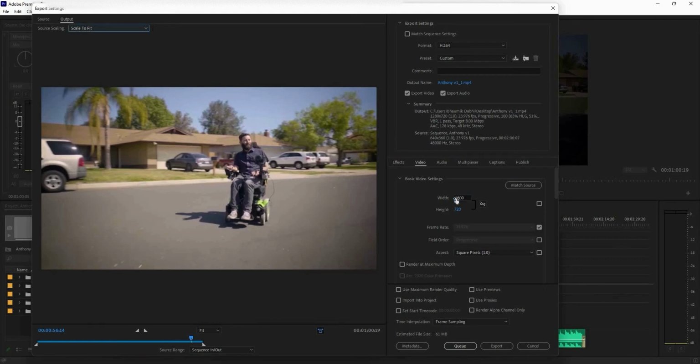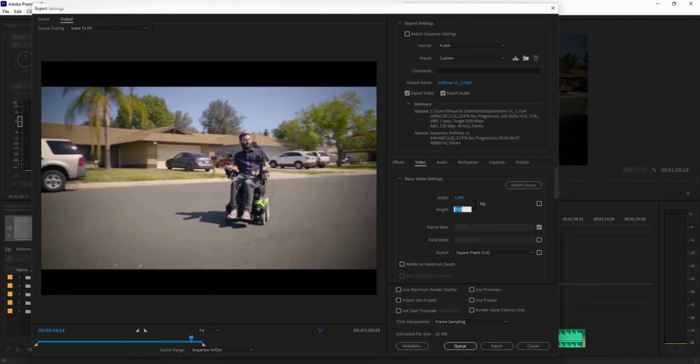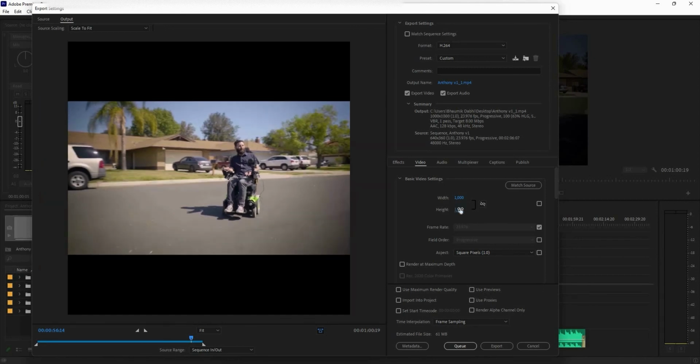Maybe I want to make this 1000 by 1000 pixels, but it's not looking so good. It's actually squeezing everything into a square. So we want to watch the actual aspect ratio of our project, that is 16:9, frame rate 29.97, and sometimes you might want to be exporting at different places, so you might need to use 29.97 or 59.94